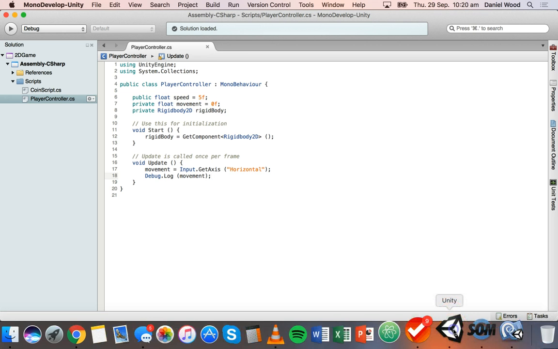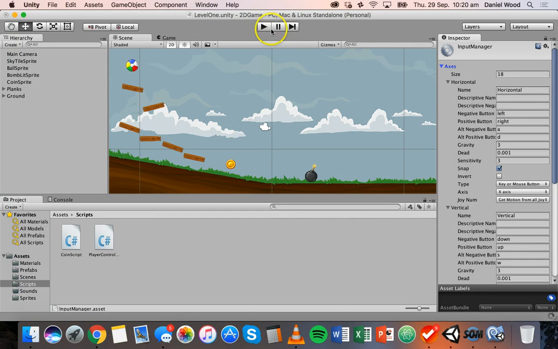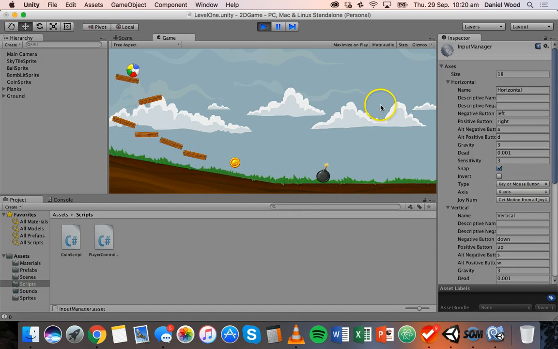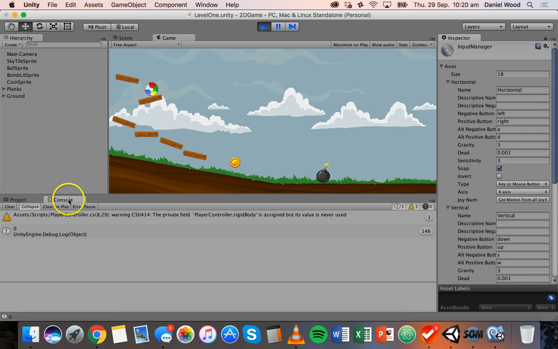Go back to Unity, and we can go and run this game, and go to the console. And don't worry about any little messages there at the moment. But what we can do is we can press left, and the ball is not moving left when we press the left arrow, but we can see that we get,